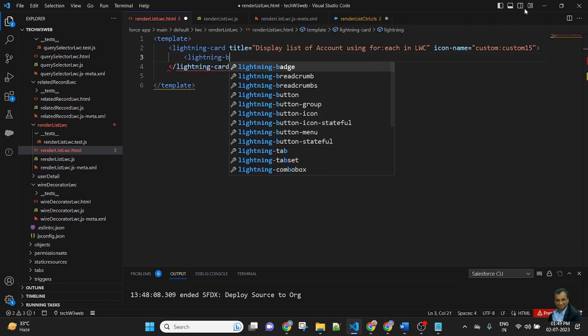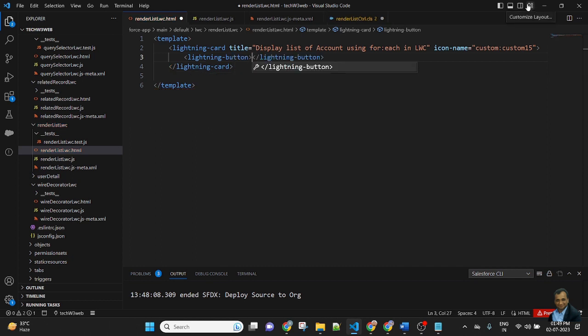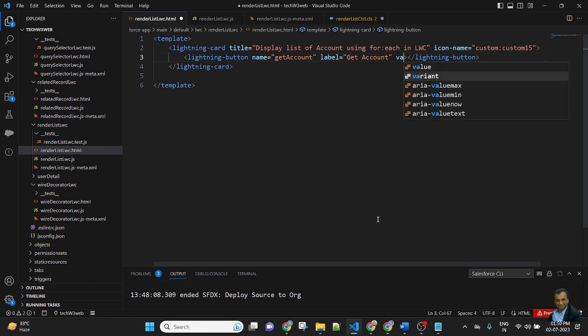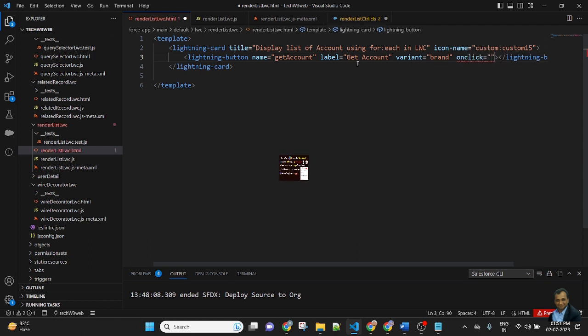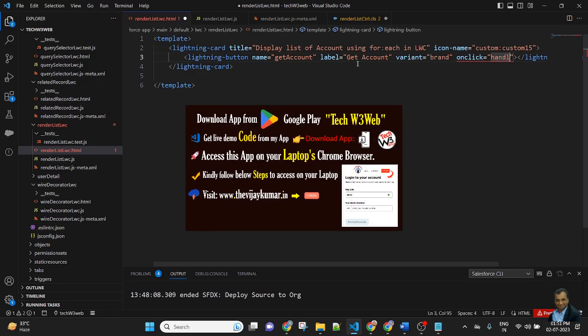Lightning button, name get account, label get account, variant brand, on click handle action.